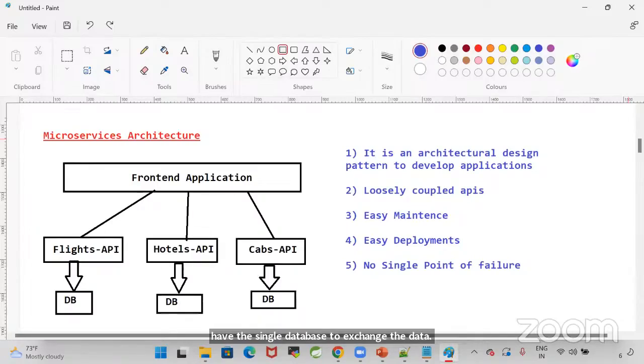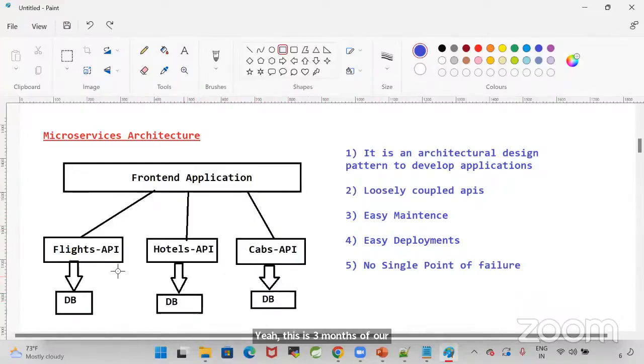Once we start the microservices, I will explain when we need to go for a separate database and when we need to go for a single database. All that stuff we are going to understand in the coming classes. So the next 3 months of time, we are going to focus on this area only: how to develop the microservices by using Spring Boot. This is 3 months of our course, right?